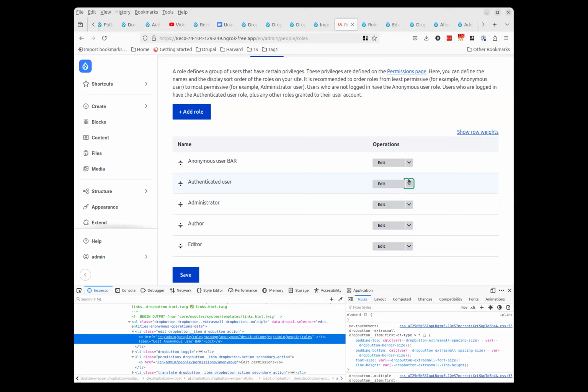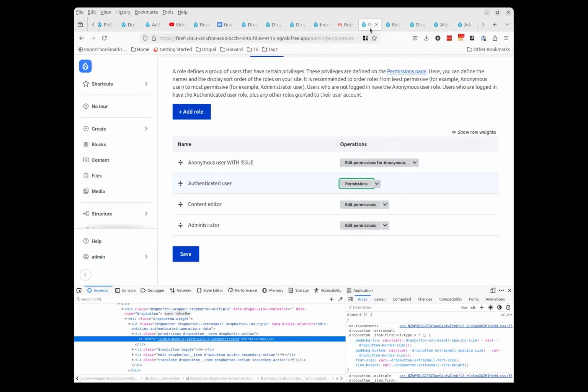Okay, so I think we have good consensus on this. How about the issue as a whole? Let's start there. So the first question is, should the permissions link be the primary link on the drop button? I'm not seeing any reactions. Thumbs up from Andre. A few people have unmuted. Go ahead. Speak up.